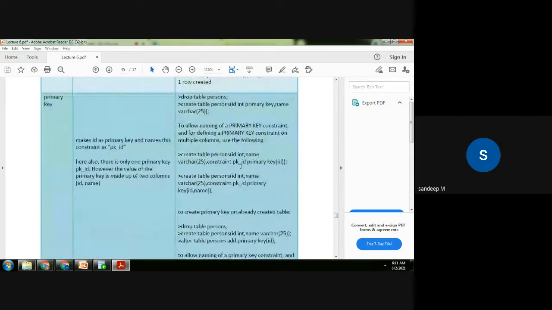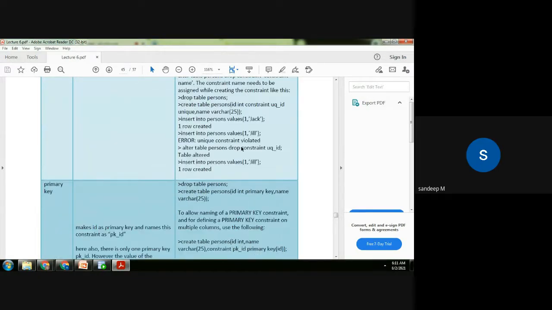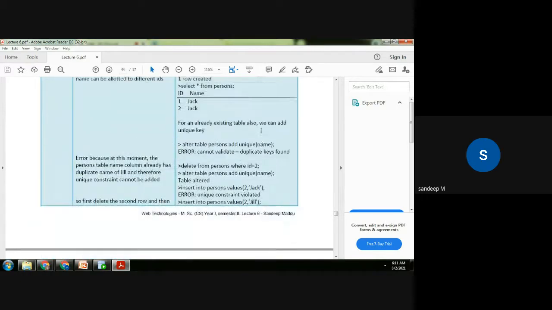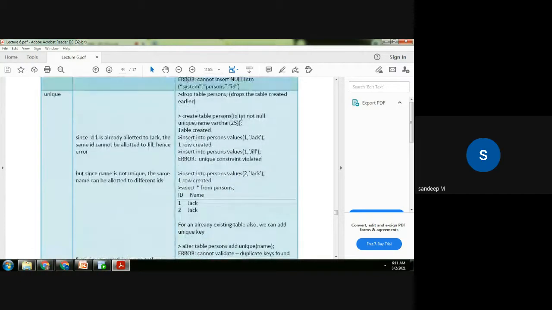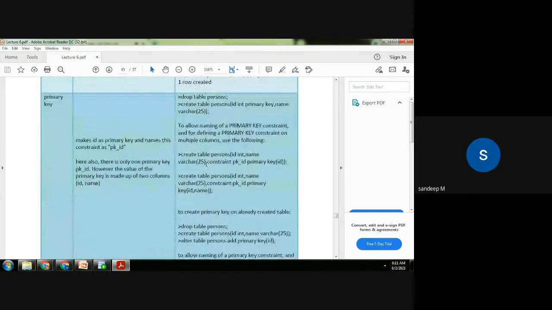So in all the examples, if you have a primary key, the primary key is a combination of unique and not null. So you can either specify it like this, not null and unique, or you can replace both of them together with a single name known as primary key. In your database theory course, we'll be discussing more about primary key. Primary key is like the unique identifier.